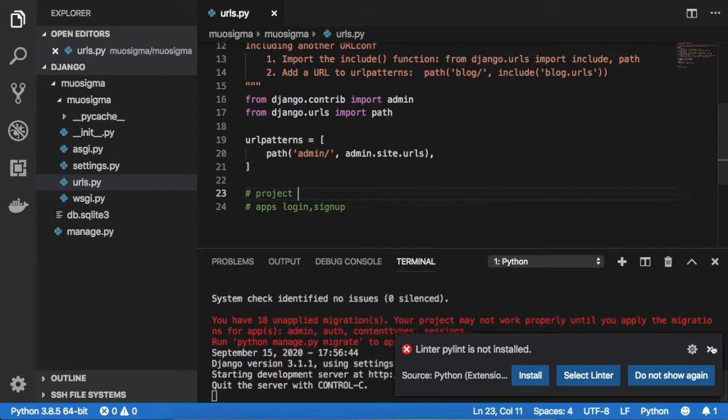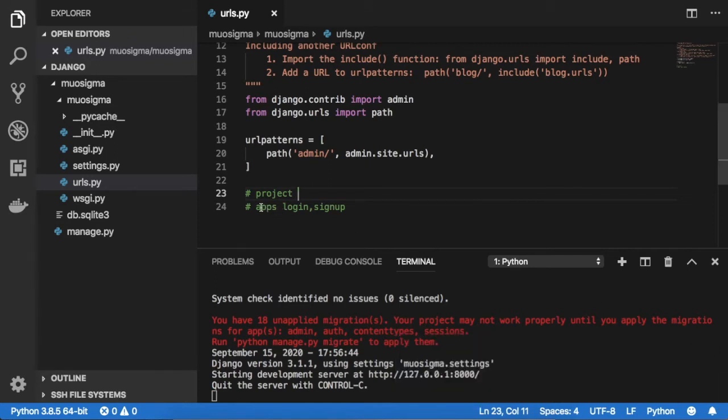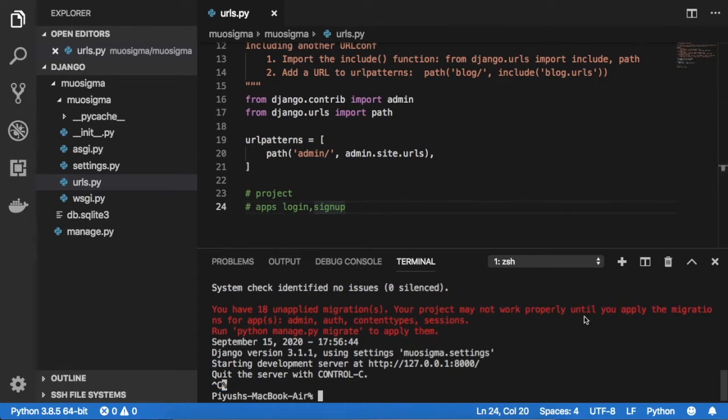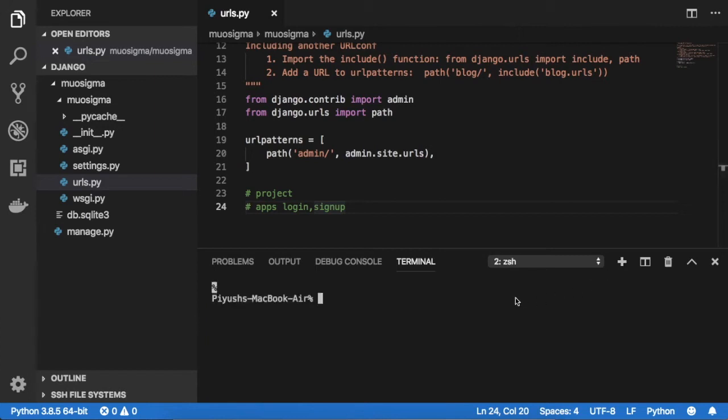So let's just discuss the most important thing, apps. So for example, I wanted to create the app, right? So let me just open a new terminal. For the very first step, you need to type python and then the file name manage.py, and then you need to say startapp, and then here the app name. For the app you have to say the app name. So for example, I want to create the hello world app.